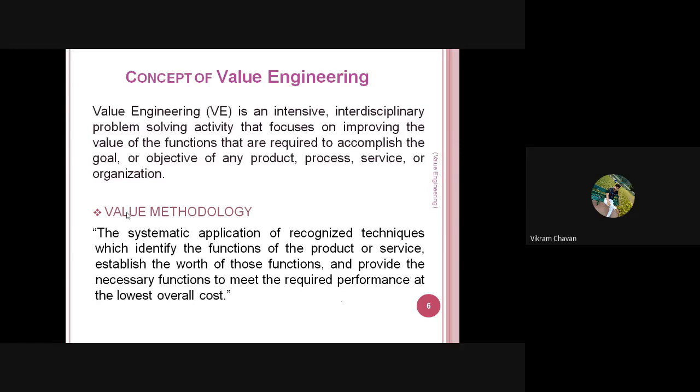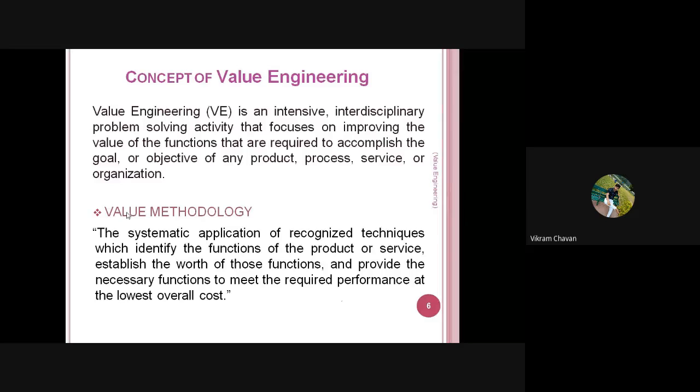It is an intensive, interdisciplinary problem solving activity